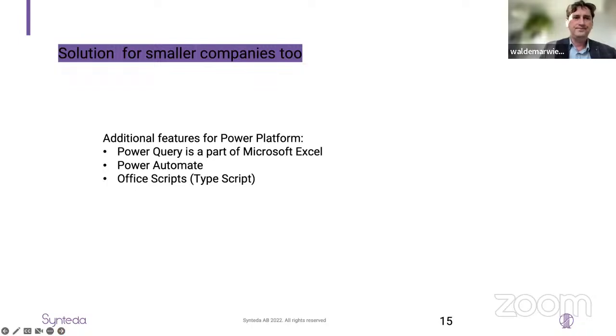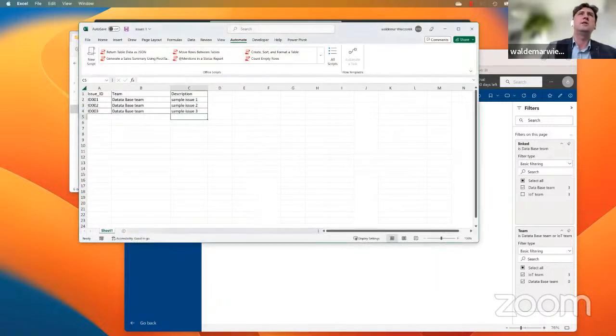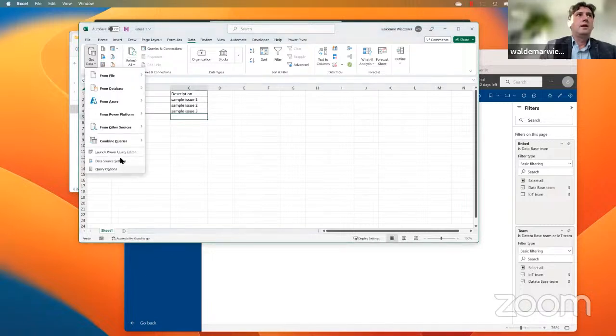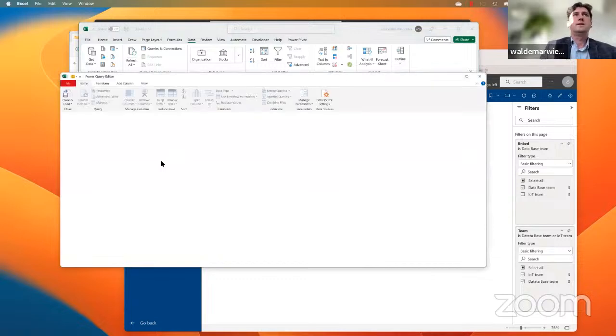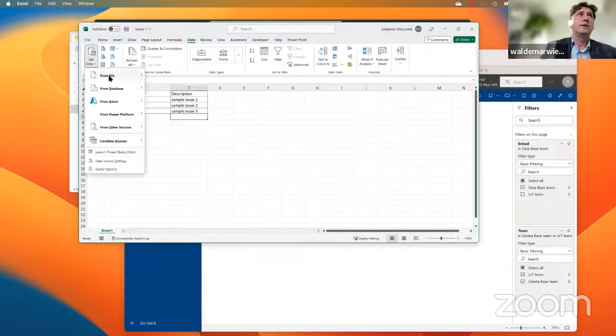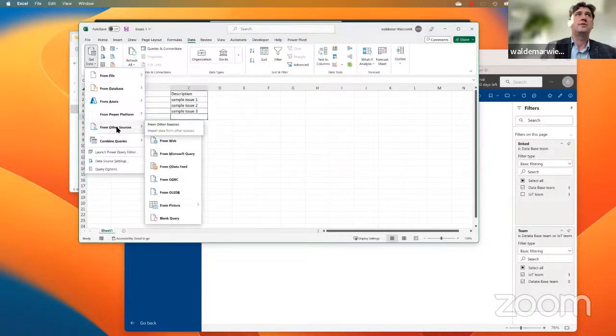So if you go to Excel, unfortunately, it works only for the Windows version of Microsoft Excel. Then you can immediately see that here you have Launch Power Query Editor. This is almost the same query editor which you find in Power BI, which means that you can connect here to many databases, Azure, Power Platform sources.